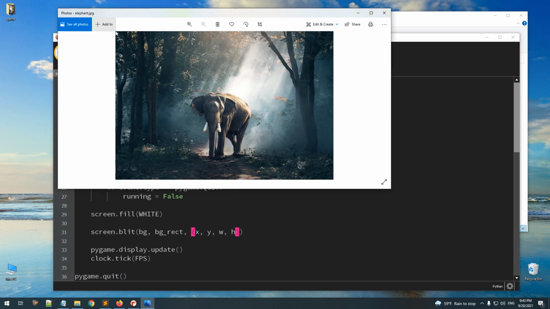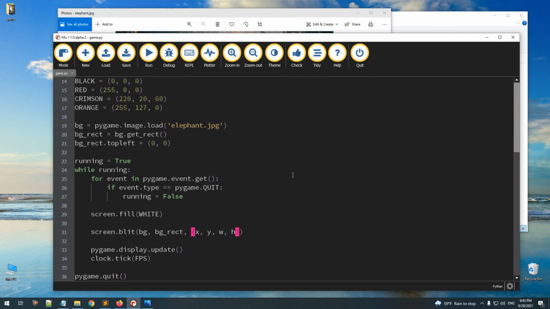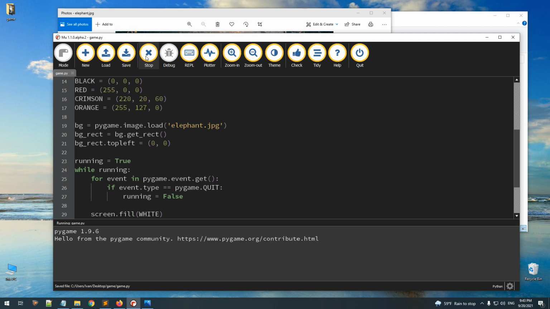So if I give it 0, 0, it will start from here. If for the width I give it 100 and height 100, it'll get 100 to here and 100 to here, and it will get this chunk from the image. So let's see it in action. So 0, 0, width will be 100, height will be 100, and when I run it,